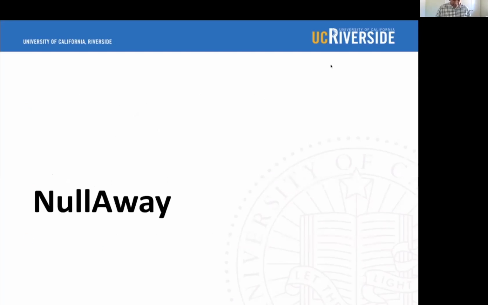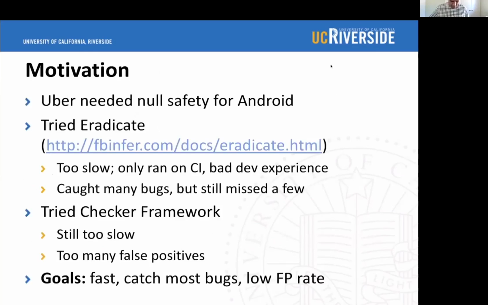So let me start by talking about NullAway. When we started this work at Uber, the motivation was exactly what I mentioned before, app crashes. Uber really needed null safety for its Android apps. Null pointer exceptions were causing a significant percentage of crashes in Uber's Android apps. And as I mentioned, there are existing tools for doing this kind of type-based checking. So the first tool that was tried at Uber was a tool called Eradicate, which is actually part of the